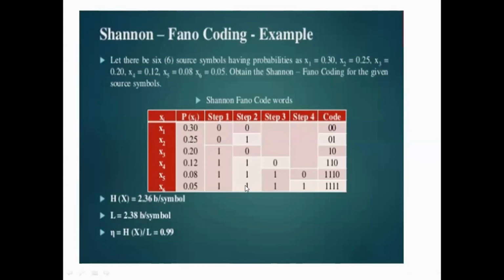Then coming to the lower set. If you observe here, it is 0.2 and the rest is 0.25. Then we can divide again into two halves, 0.2 and 0.25. Upper set is 0 and lower set should be 1. Then we need to divide these 3 into two sets. Again it is 0.2 and the one below is 0.13. So we get 0 and the remaining is 1. Again if we divide, 0 and 1. Okay. And finally we are going to write the combined bits respective to